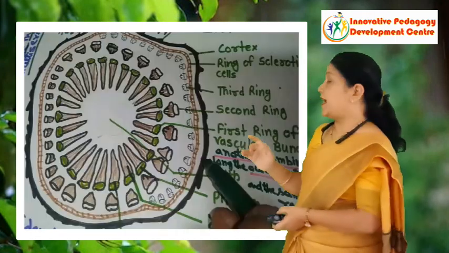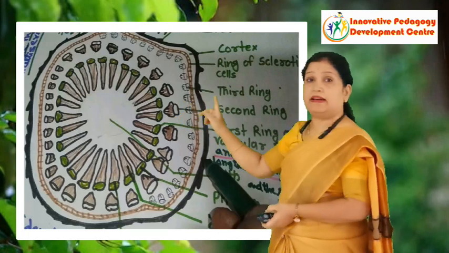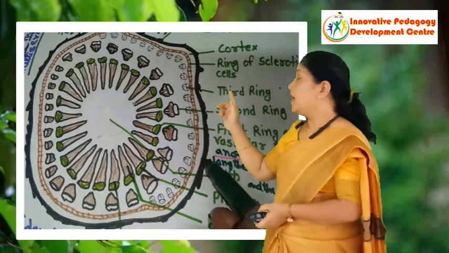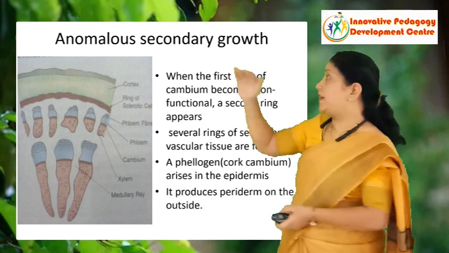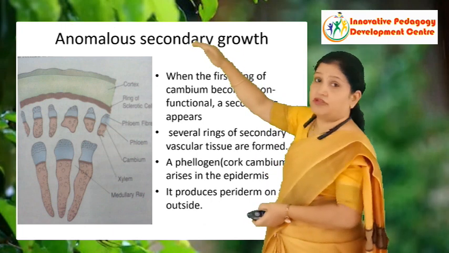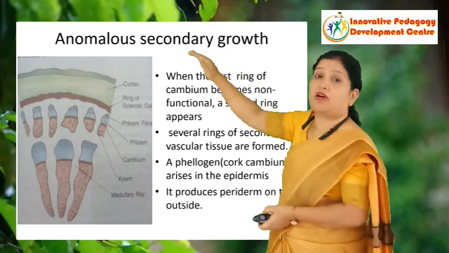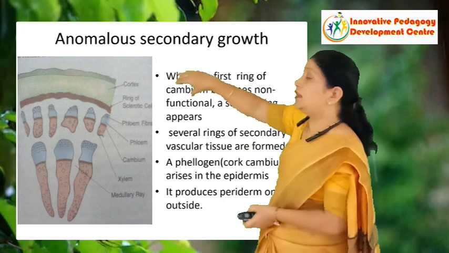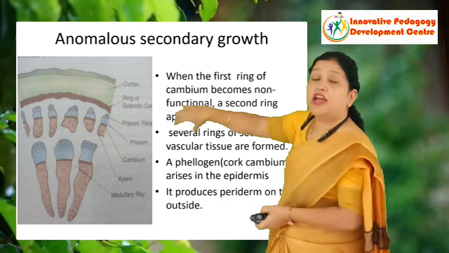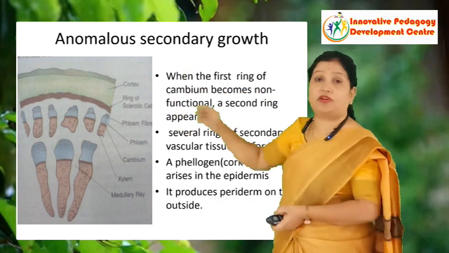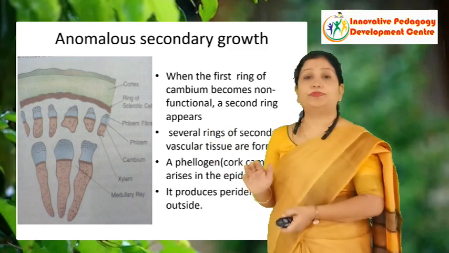Here in this diagrammatic view you can see the first ring, followed by the second ring, and then a third ring. After the completion of the third or fourth ring, the cork cambium will be activated, and that will add cork towards the outer side and secondary cortex towards the inner side. In between the vascular bundles, the medullary rays are present, and that's why you can clearly see the wedge shaped bundles in this diagram, which shows the presence of the secondary tissue.